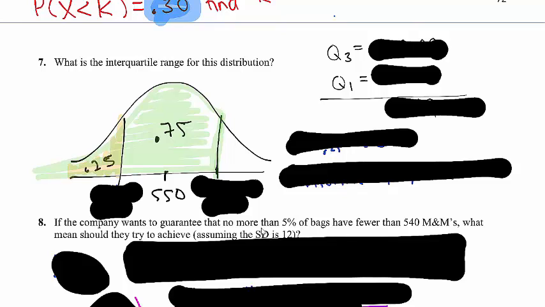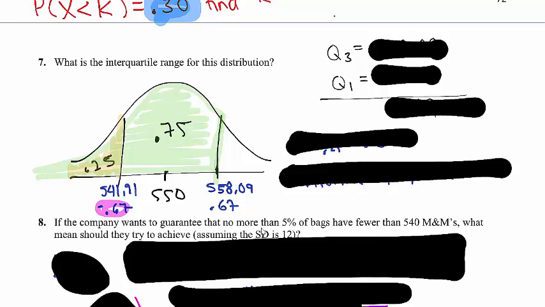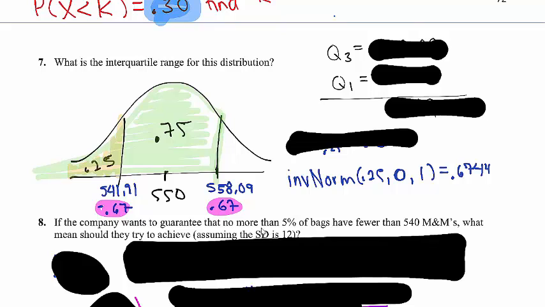So here we go. Interquartile range is between Q1 and Q3 subtracted. So we could find the z-score for 0.75 and 0.25 and then subtract the two. But I'm going to use the calculator instead. What I have right here was, if I found the z-score, I would have gotten these two values. And one way to get the z-score, you don't actually have to write this down, would be to do inverse norm 0.25, comma 0, comma 1. If you have a 0 and 1 in here, it's going to give you the z-score